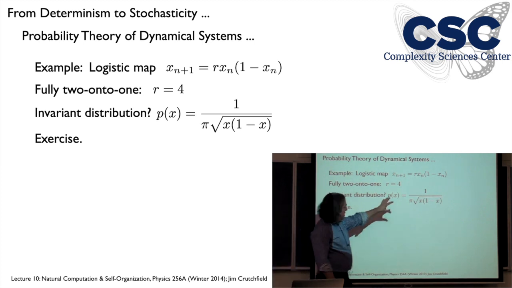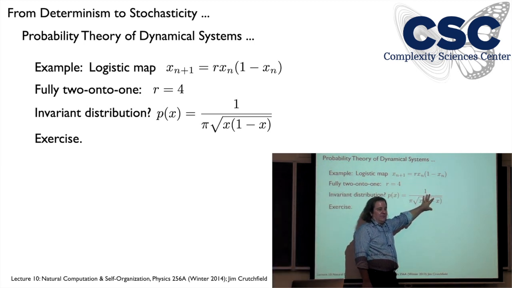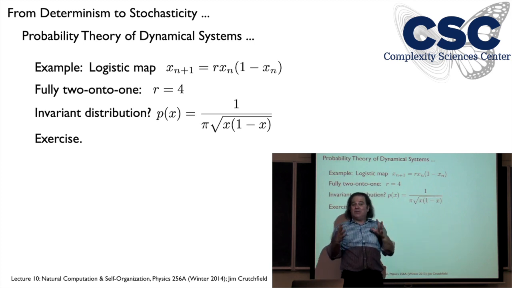And then you can also plug this into that Frobenius-Perron operator and show that it's invariant. Now the way you do it is through a coordinate change back to the shift map, and then you do the trivial integral. Well, this is how we do most integrals anyway. We try to make the integrand as simple as possible.